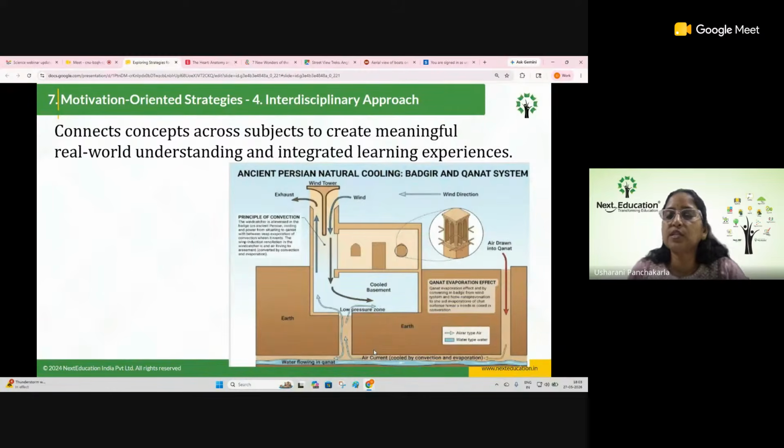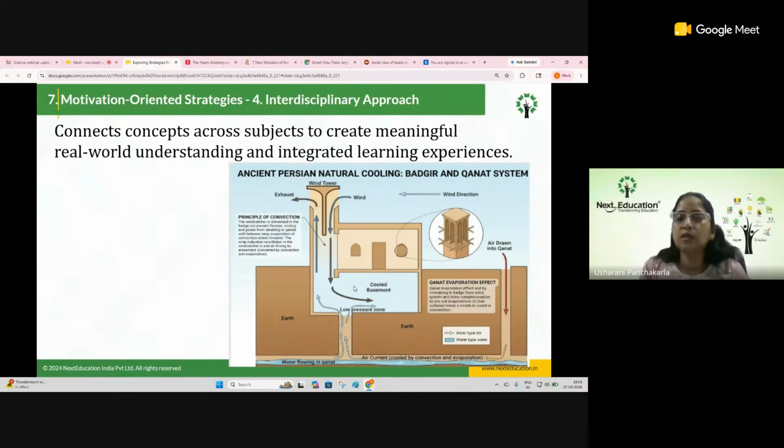Then comes your interdisciplinary approach, where we have connected your art and science subjects together. And how to design this student model, which is similar to Persian houses that were built. This is the ancient Persian natural cooling Badgir and Qanat system, where the hot air will be circulated. The same model can be done with a cardboard, just designing it in a similar way.